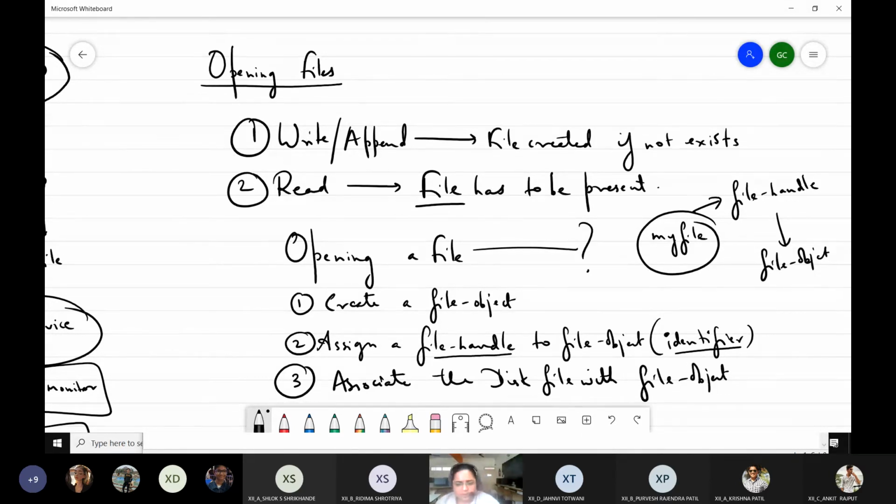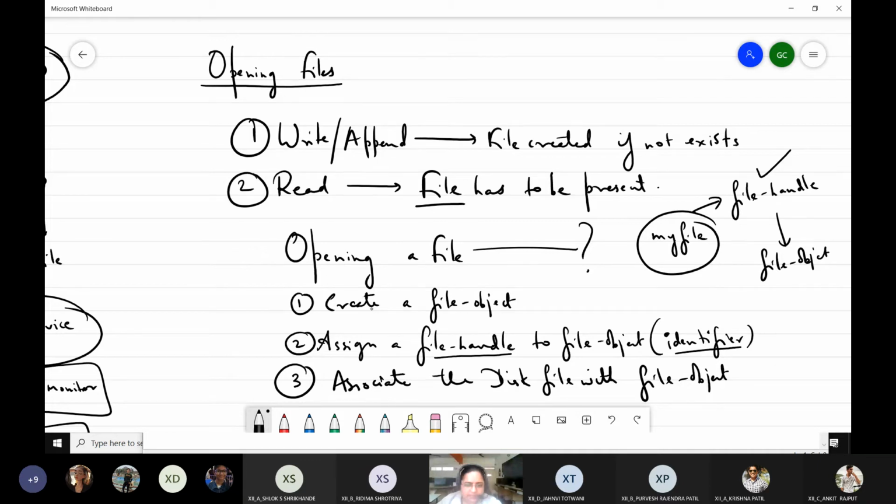This means whatever changes are made will be made to the disk file associated with this file object. Whatever work you want to do with the file, you will do it using this file object, and you will refer to the file object using its file handle.